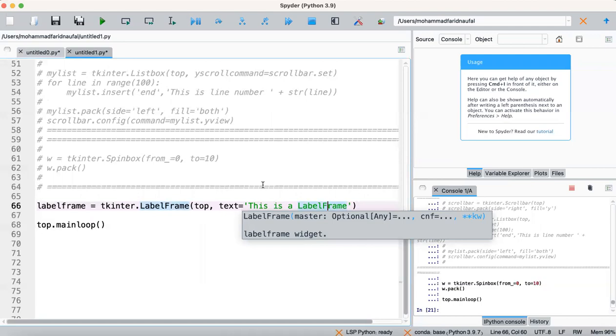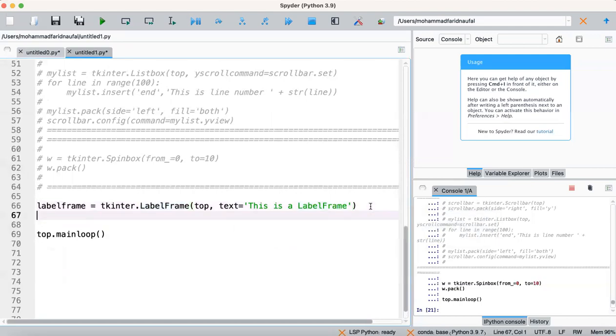Then we call the pack function for our label frame, labelframe.pack, with the fill argument equal to both, and expand equal to yes. Actually we can experiment and change the values for the fill argument and also the expand argument, we can try it after this.